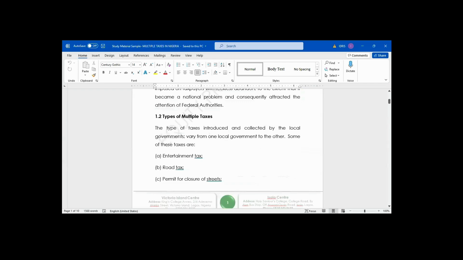So this is what we needed to discuss today. First, we looked at tax return. Second, we looked at tax identification number and tax clearance certificate. While the third one is multiple taxation. Next week, we continue again. We look at another theoretical aspect in our syllabus, tax administration, and we may look at tax assessment. After that, we can now go fully to the calculation aspect of our syllabus. So any question, any query, any observation?